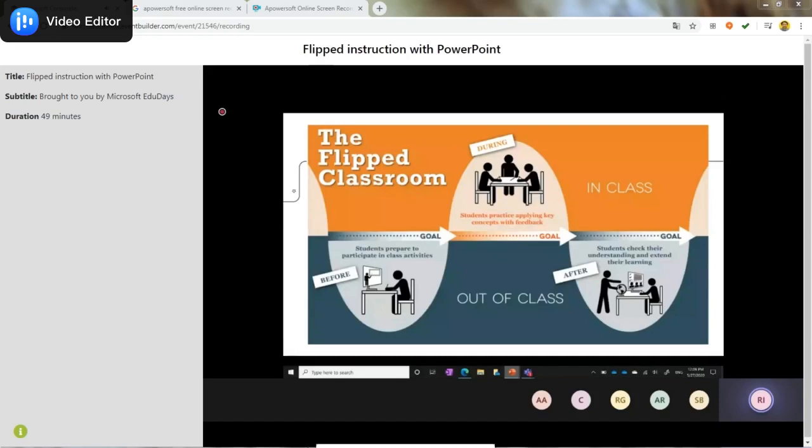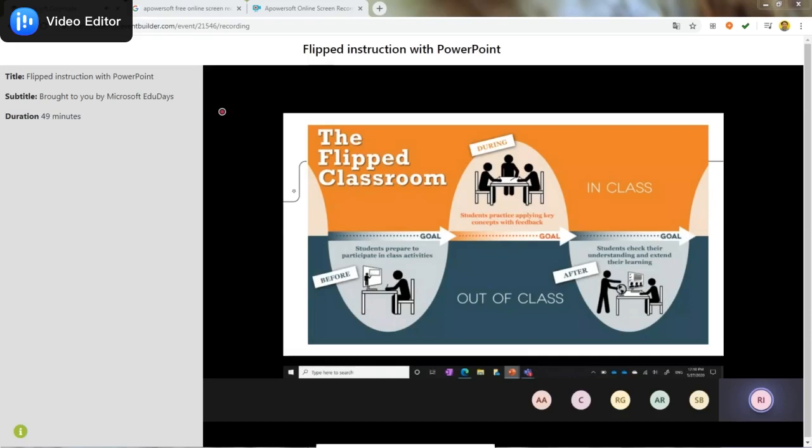When they come to a group space, either a physical classroom space or a virtual classroom space with their peers and with you, instead of learning new material, they're bringing their questions and they're asking for clarification, and teachers are guiding students through examples and problem solving and applying those concepts to specific contexts.